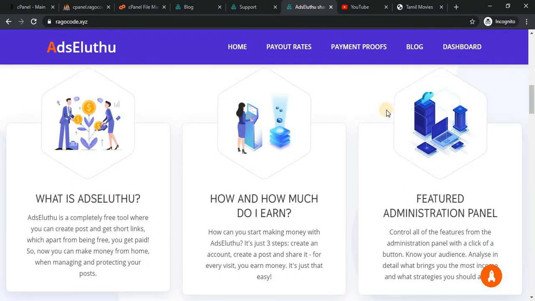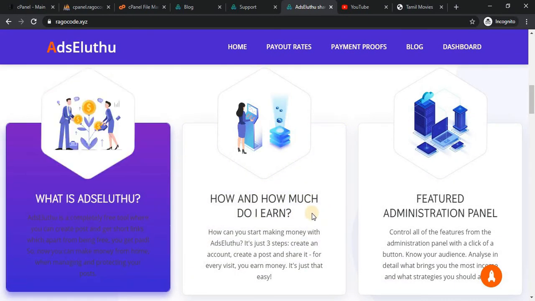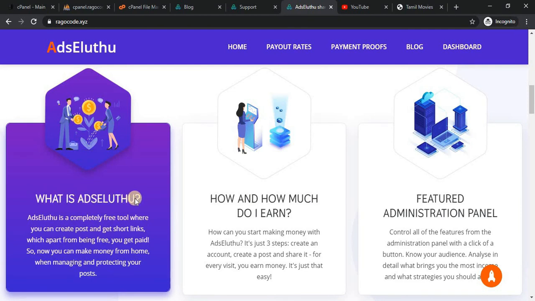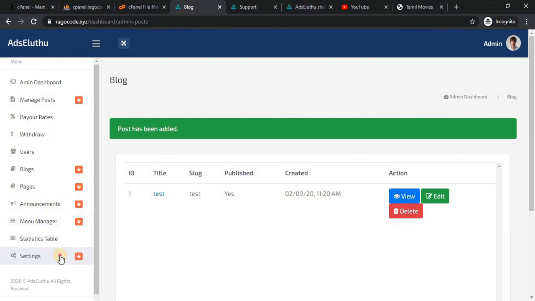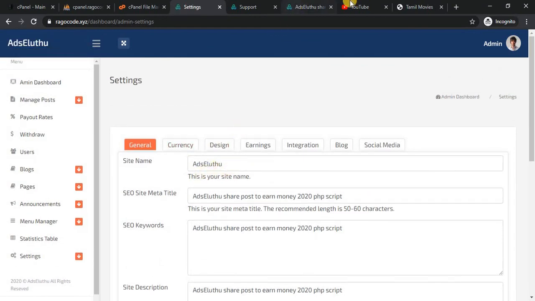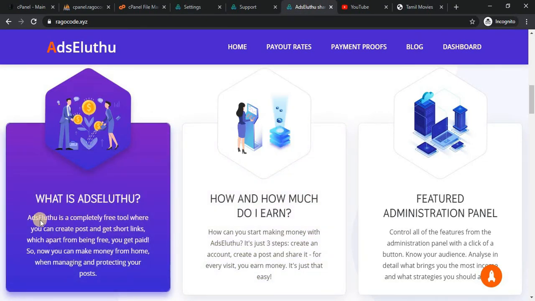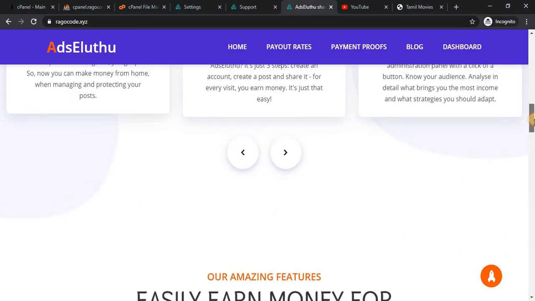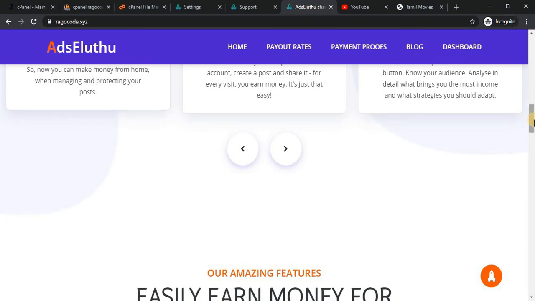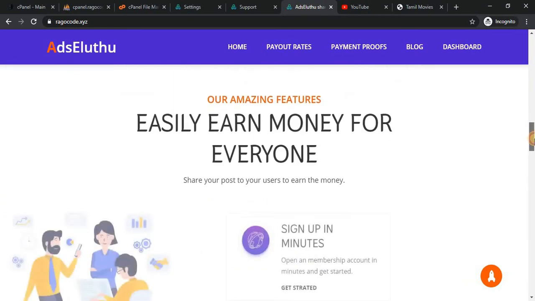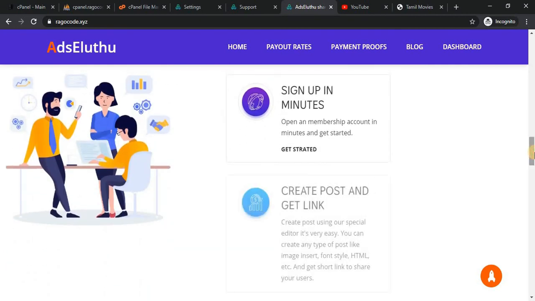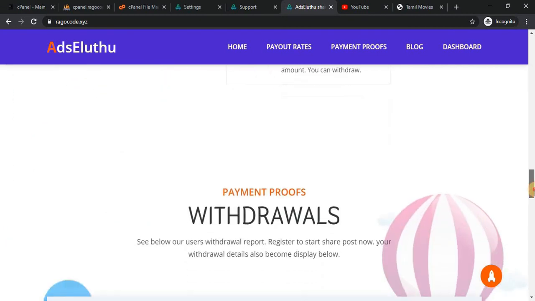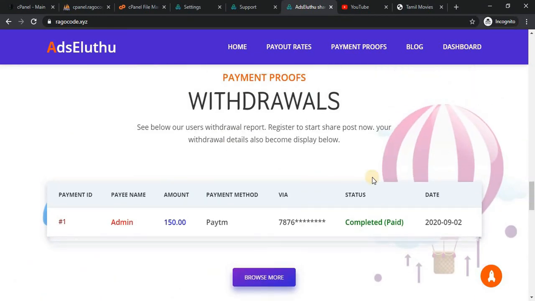This is why choose your site. It's a default one. What is it? Select the site name. If you set the site name here, whatever you set here will be displayed here and here, all over, and everything that the ad set is replaced with what you set in the site name field. And this is the basic things, and this is the withdrawal option.